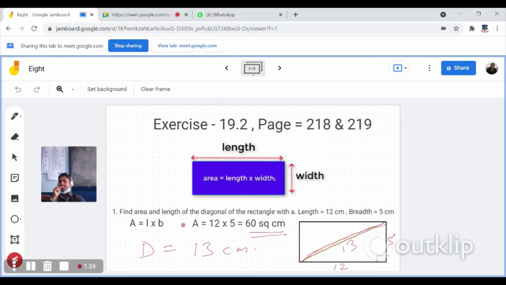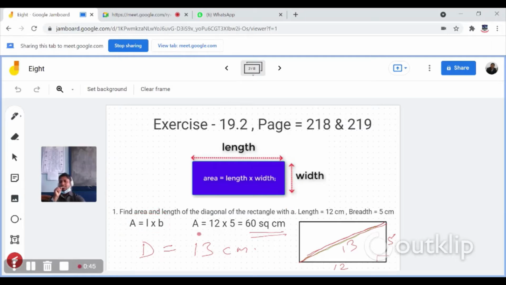See, there are two questions in this portion. First, they have asked you to find the area. So what is the formula? Kavya, what is the formula to find out area? I'll wait for you. Take your time. What is the formula to calculate area of a rectangle? It is given on the screen. See here. Yeah, length into width, or this width is also called the breadth. Same thing, length into breadth. I have done it out here.